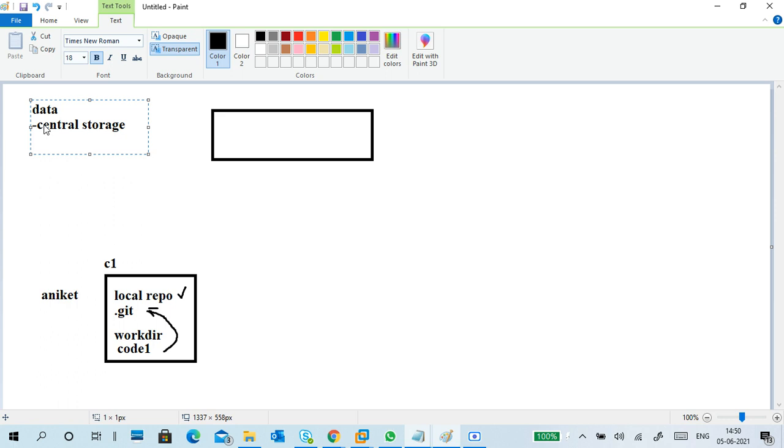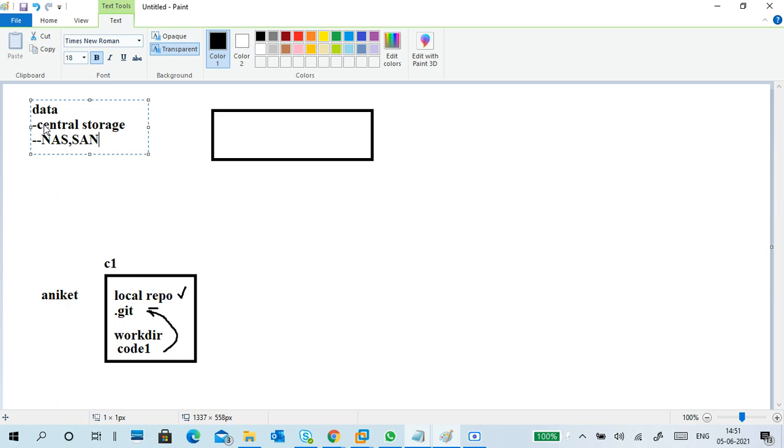Normally I'm just talking, but does anybody remember what the central storage technologies are? NAS, SAN. Very good.